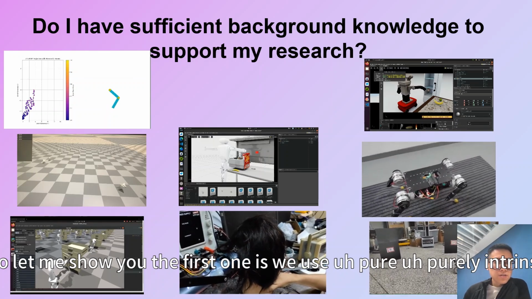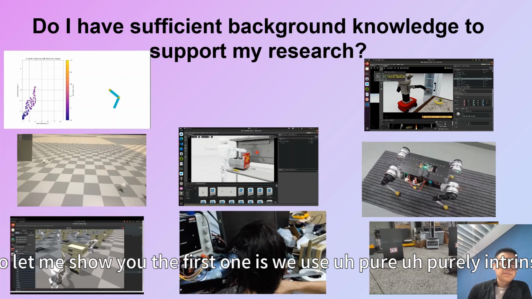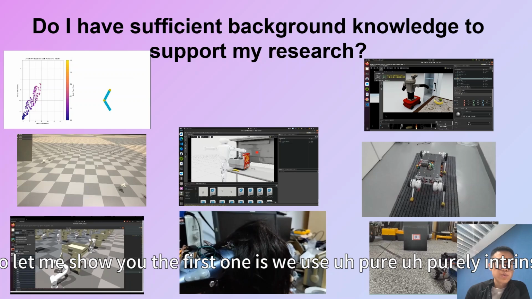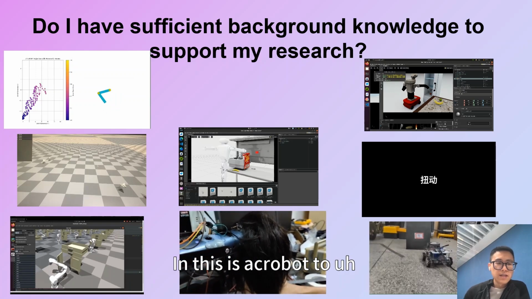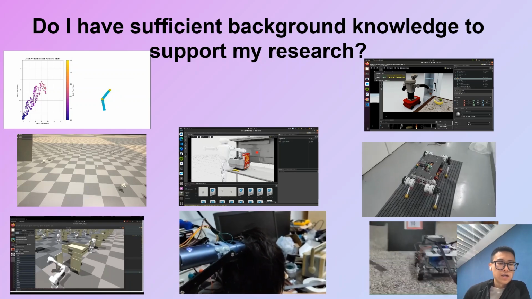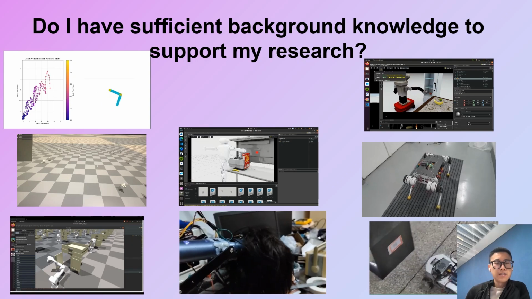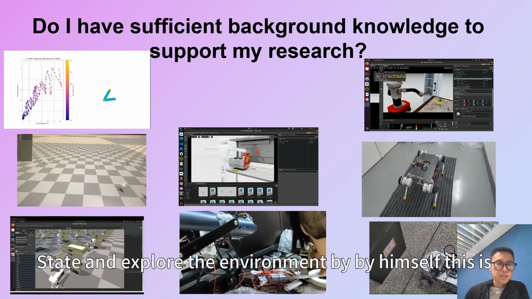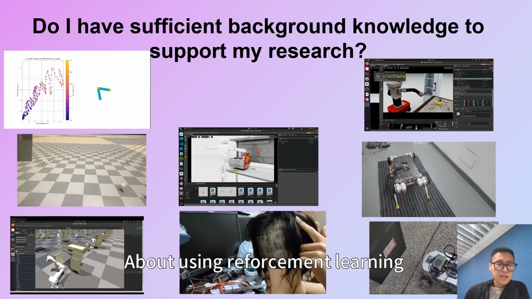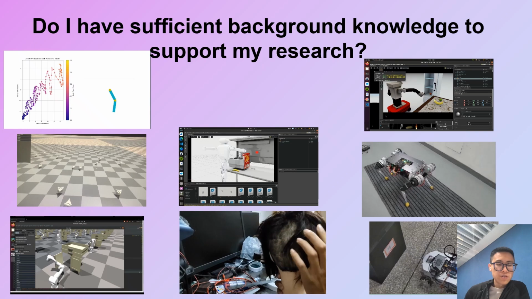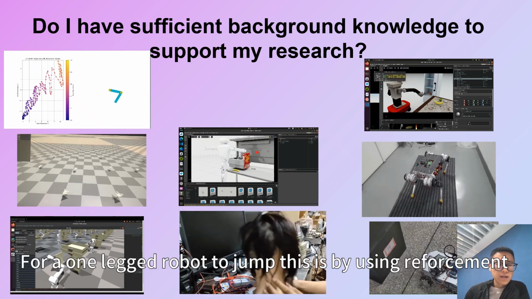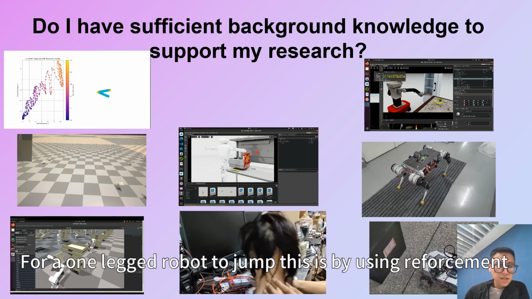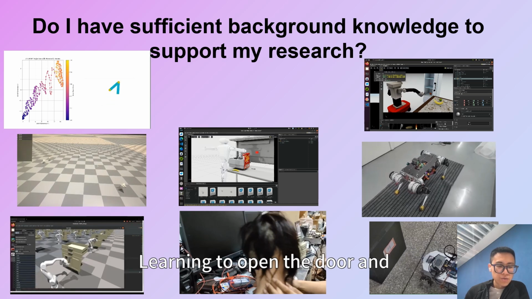The first one is we use purely intrinsic reward to teach it to be curious about new states and explore the environment by itself. This is about using reinforcement learning for a one-legged robot to jump. This is using reinforcement learning to open the door.